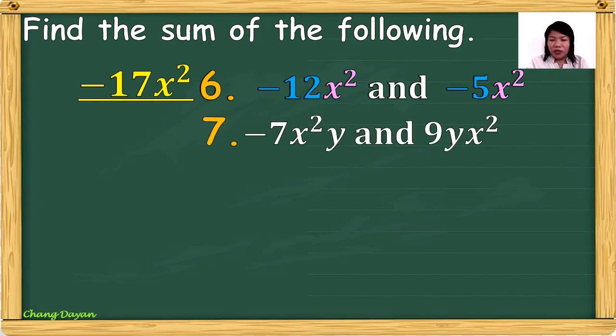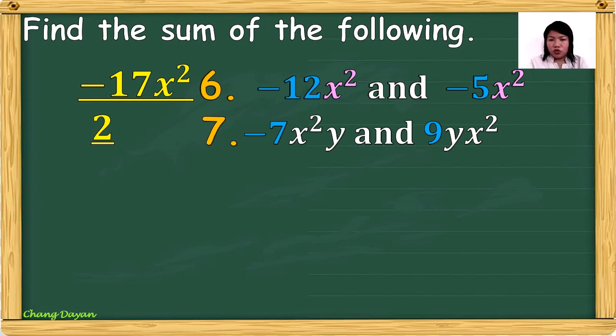Number 7, negative 7x squared y and 9yx squared. Kung mapapansin nyo dito, ang kanyang arrangement ng literal coefficient ay magkaiba, pero pareho ang kanilang literal coefficient. So, identify ulit ang numerical coefficient, negative 7 at 9. Then, combine natin. Negative 7 plus 9, the answer is